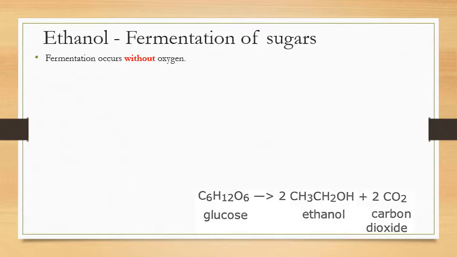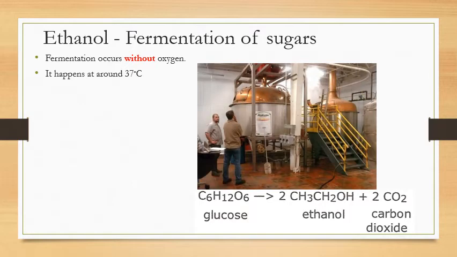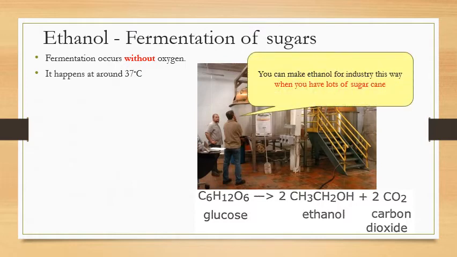So basically glucose in a fruit, for example, or any basically plant material, gets broken down into ethanol and carbon dioxide. And it happens around 37 degrees Celsius, about body temperature. And this is an industrial plant where it's happening. So you can make lots of ethanol for industry this way when you have lots of cane sugar, for example. This is what Brazil does. It uses ethanol as a fuel source rather than petroleum by using the cane sugar it has to make ethanol